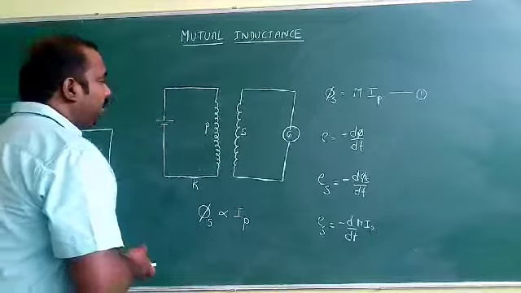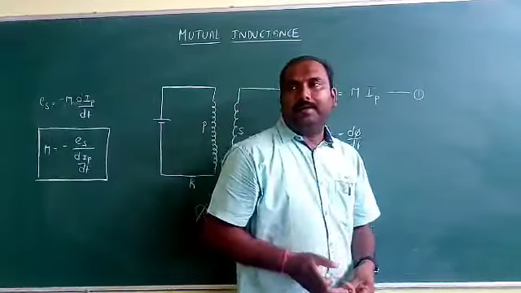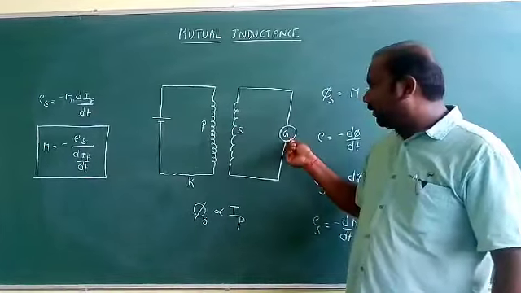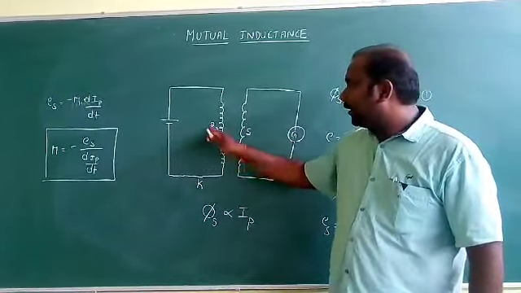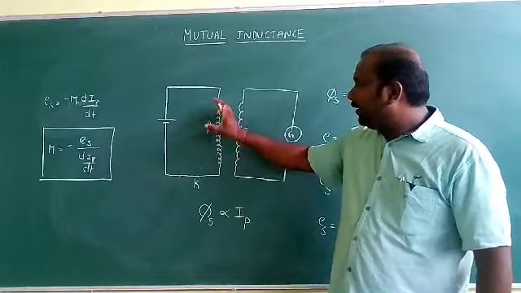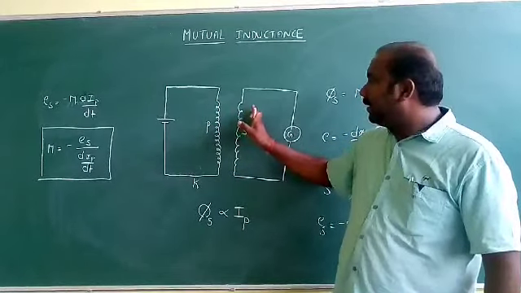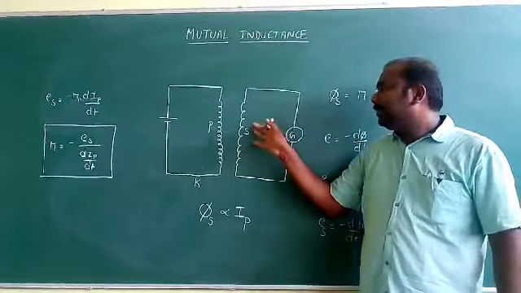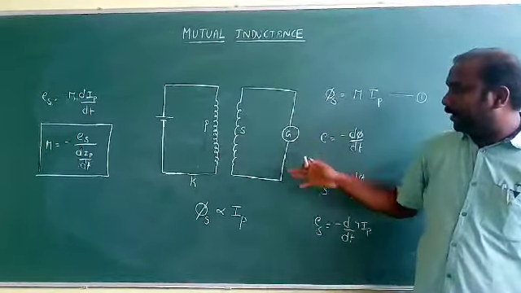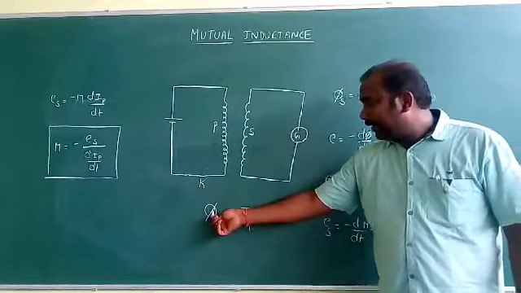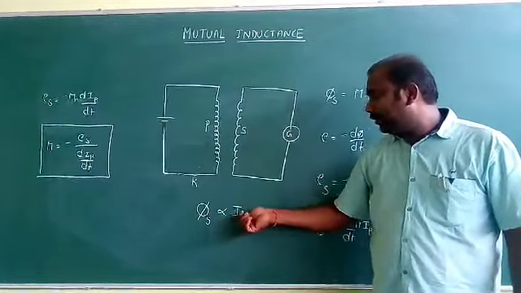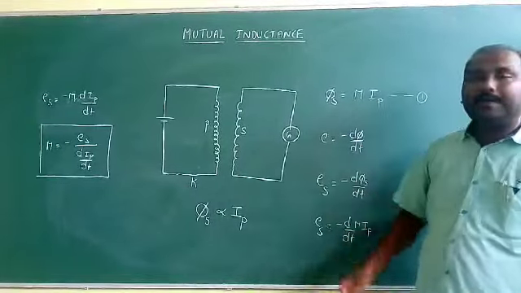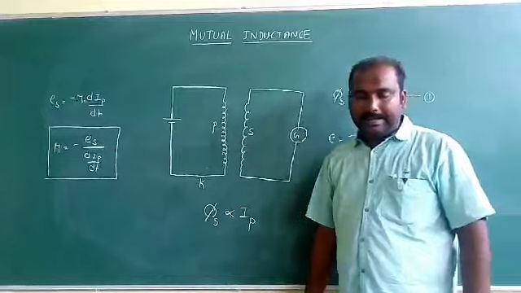If two coils are taken, one coil is named the primary coil, another is named the secondary coil. The primary is connected to a battery, the secondary is connected to a galvanometer. If the key is closed, current starts increasing, the magnetic field is increasing, and this changes the flux in the secondary coil. Because of the changing flux in the secondary coil, induced EMF is produced in the secondary coil, and from this relation, flux linked in the secondary is directly proportional to current in the primary, and finally we got this relation here. M stands for coefficient of mutual inductance.